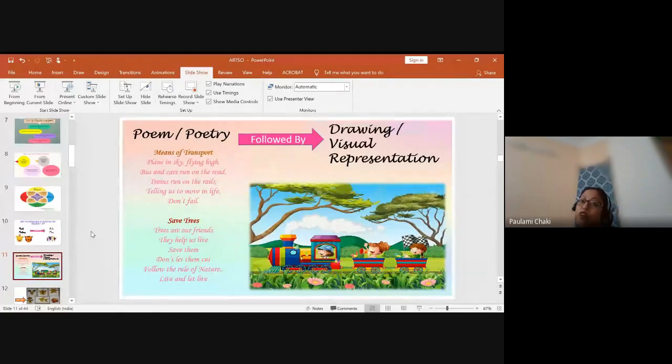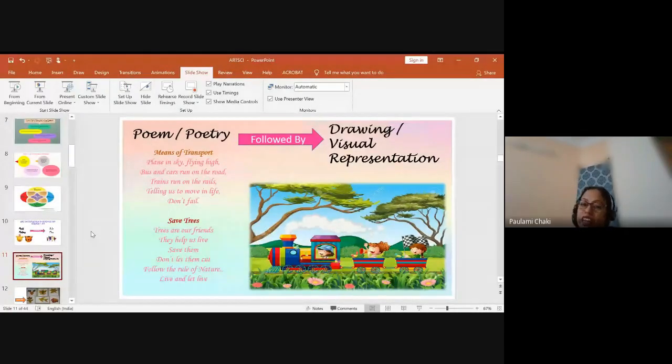after writing the poem, because this is language arts which we are including, now slowly, once they have come up with their poems, you ask them, okay, nice poems you people have written, but if you could have represented it through a beautiful drawing, I would have loved it better. Just say this and see how nicely they will come up with different types of visual representations according to their poems. So this poem writing can be done in almost all the grades, as I have told you.